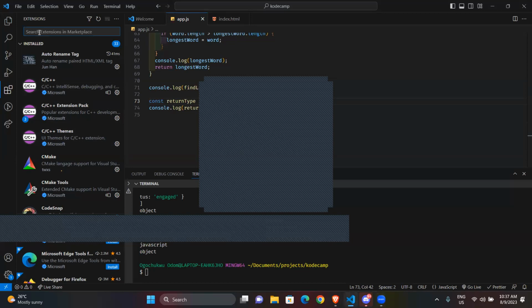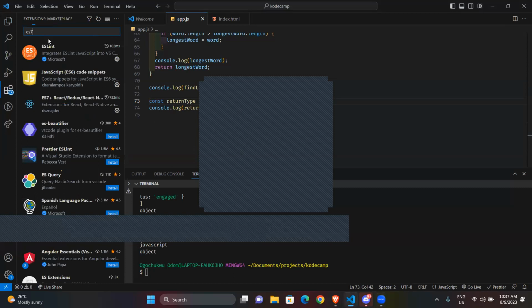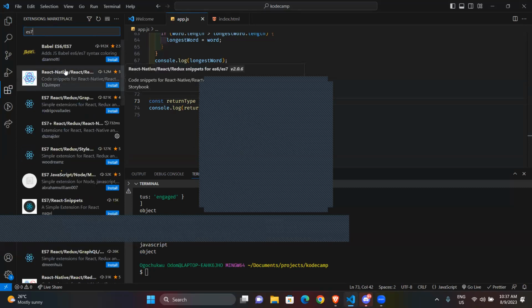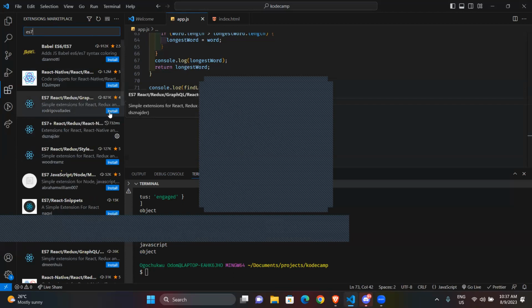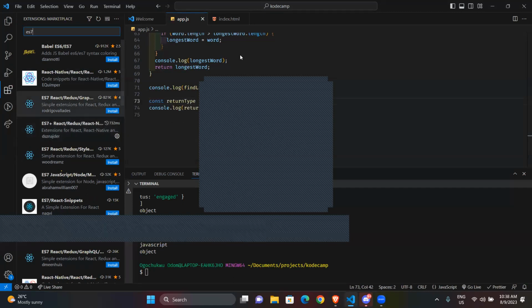ES7, that's so strange. Yeah, I already have it installed. ES7 plus React Redux, React Native. So you need to install that too.